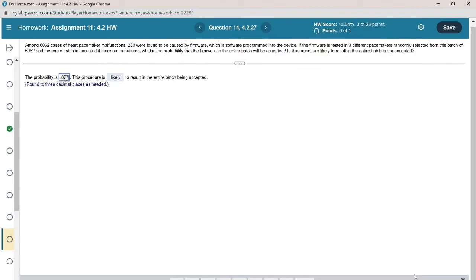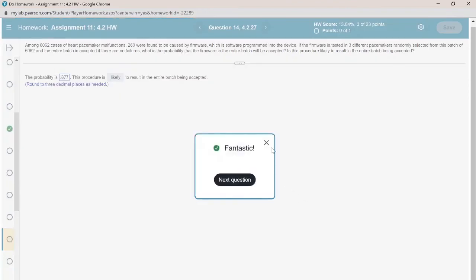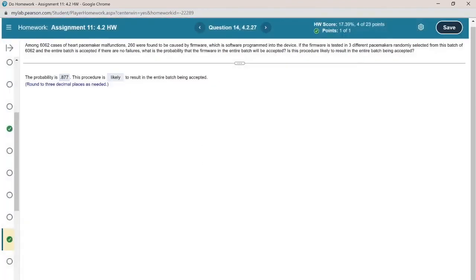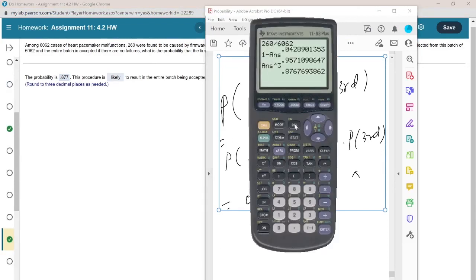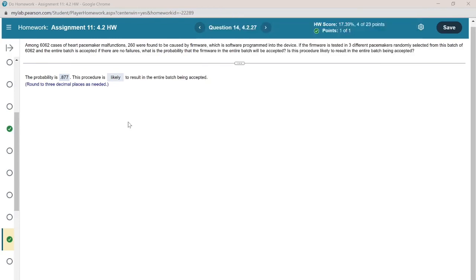The process is likely. So let me go back and check it again. Instead of multiplying by the probability of success, I multiplied by the probability of failure. That's why my answer was off here. So you need to find the probability of success by finding the complement of the probability of failure. I forgot to subtract the answer from 1 for finding the probability of success. Okay,